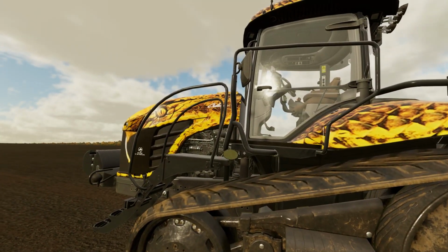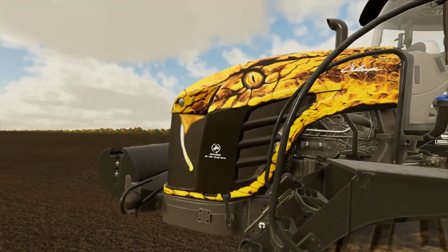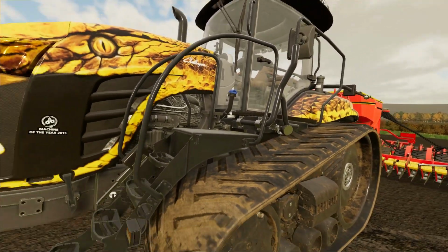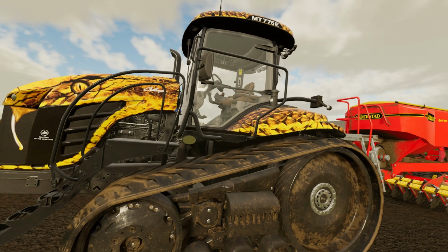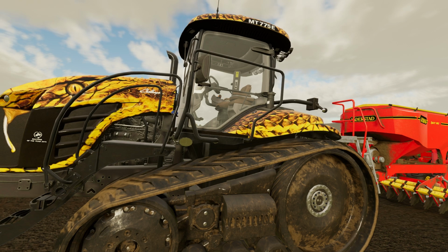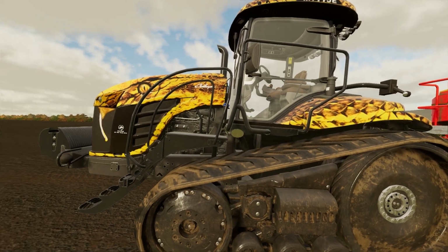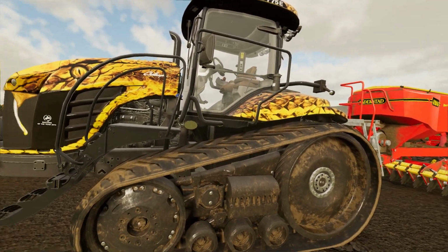Yeah, so I say it's a 435 horsepower tractor, special edition because it's got the Viper decaling on the bonnet and the bodywork. Very good. I mean, not really too dissimilar to the Challenger that we've already got. It's slightly more horsepower than, not the big one, but I think that one's a 765, if I remember correctly, which is 382 horsepower, I think it is. So yeah, it's a little bit more horsepower than that one,